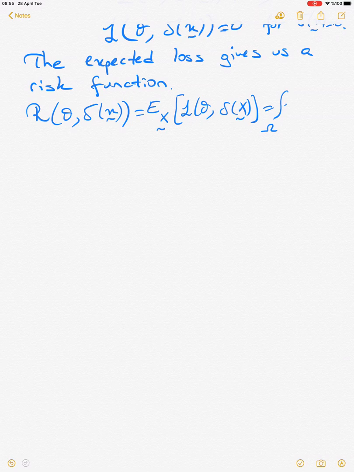So basically we have to define L of theta and delta x, and maybe I have to use